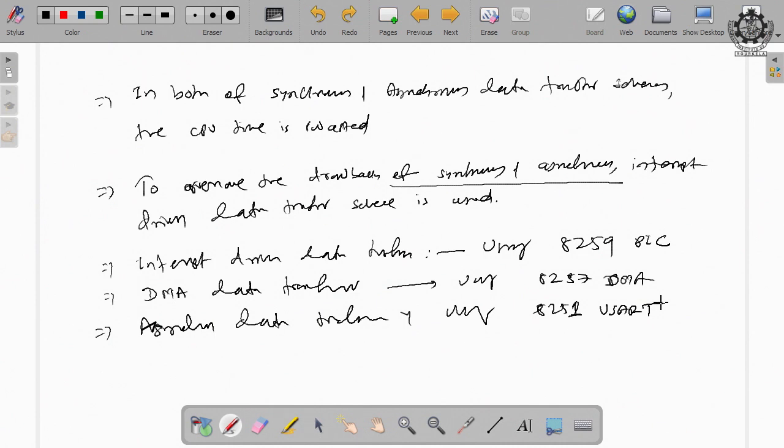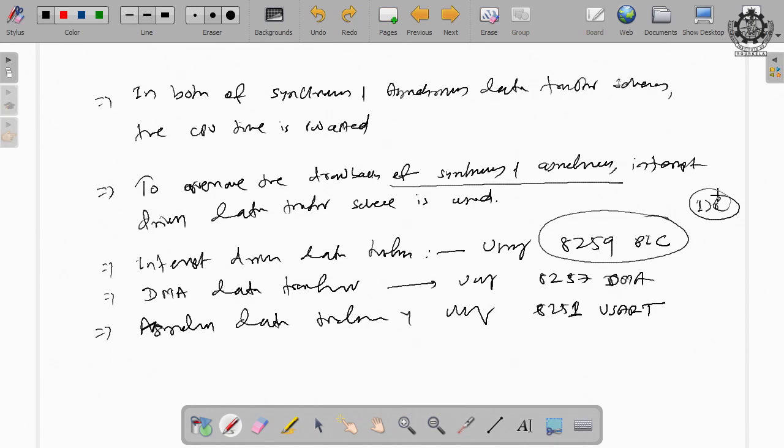To support interrupt in data transfer, we already know that the chip available for this is 8259. A device can put a request to 8259, then 8259 will put a request to the microprocessor, then the microprocessor will execute the corresponding interrupt service routine, then the 8259 will acknowledge the concerned device which is interrupting for the transfer.